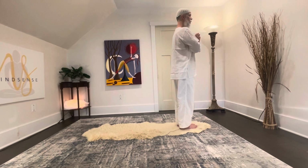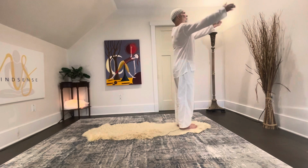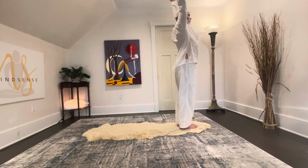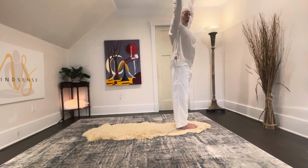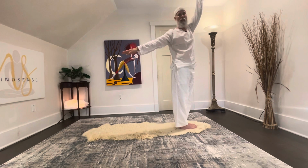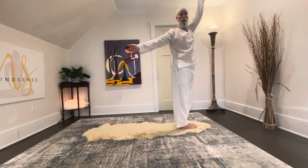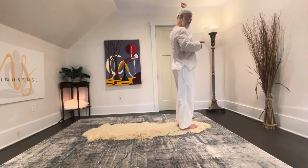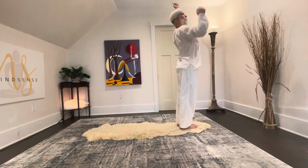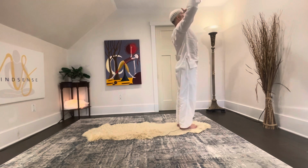From here, we go into an upward salute, where we now bring our arms upwards. And then from here, you can very slightly bend backwards. It doesn't have to be a very big back bend. I've seen people pretty much go parallel with the floor. Unnecessary. If you can do that, you have that sort of flexibility, fantastic. It's not necessary. Again, what's more important is lifting your chest. Lifting your chest, and imagine that the sun's rays are just